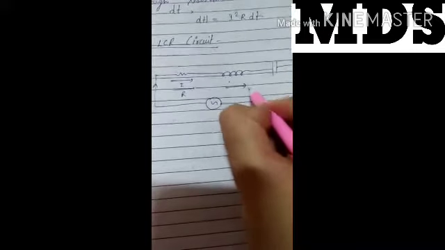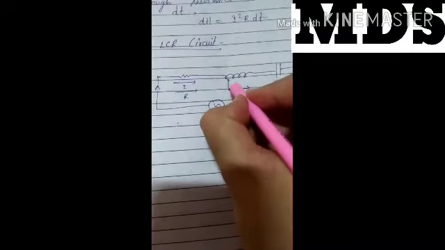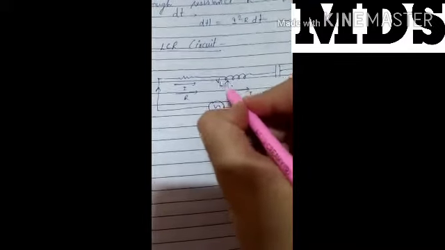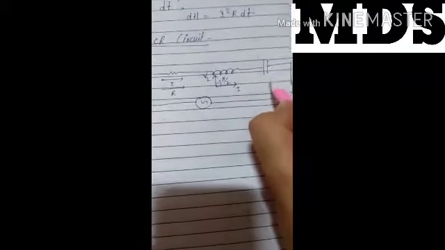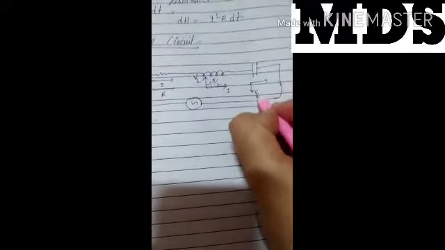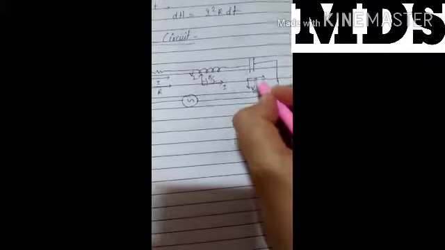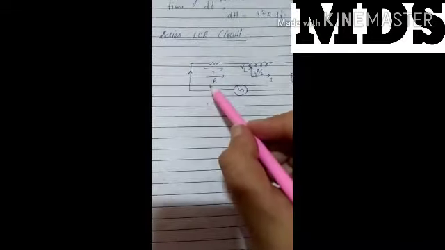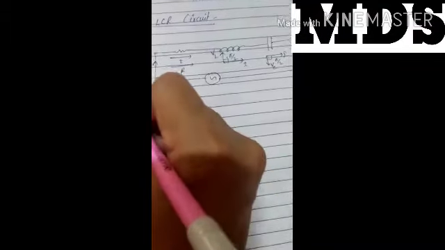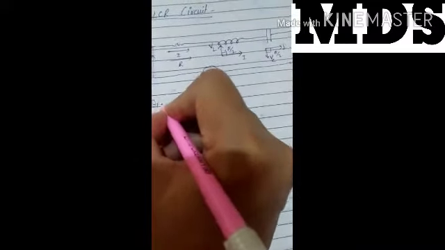If the current is acting like this, then the voltage lags behind the current by pi by 2. Clear? In the capacitor, the current will lead the voltage by pi by 2. That means the capacitor voltage VC and its current have again the same phase difference, pi by 2. The phase difference in the resistance will be equal to 0. This is the series LCR circuit. I am also revising the phasor diagram, which you have already done in the last class.